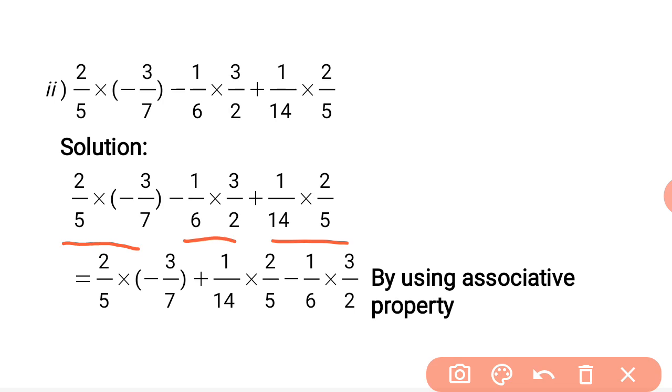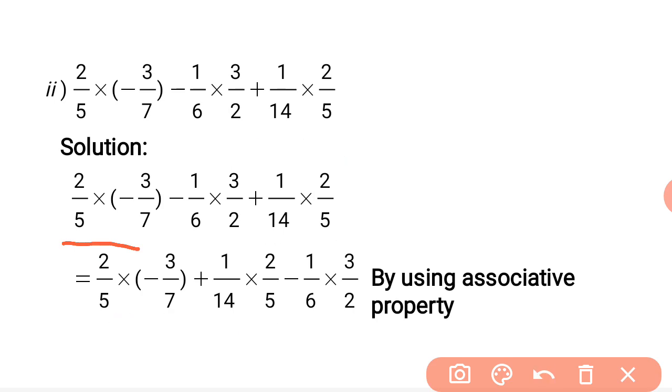Right? Now, there are 2 terms wherein there is something that is common. The first term and the third term have the number 2 by 5 that is common. So in the next case, the first term is copied down as it is and the third term is taken in front, and the in between term moves back. We will keep it as it is for some time. And this is nothing but associative property.